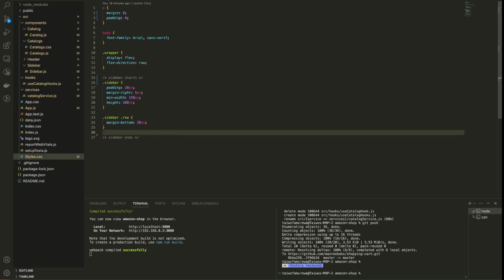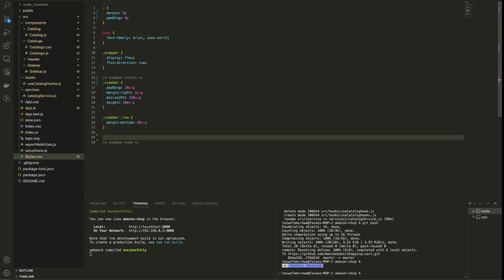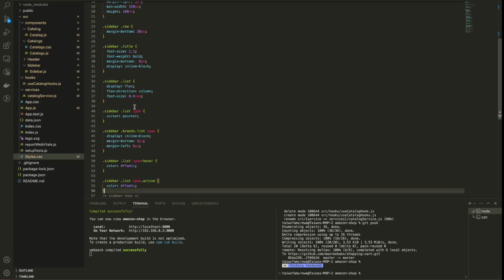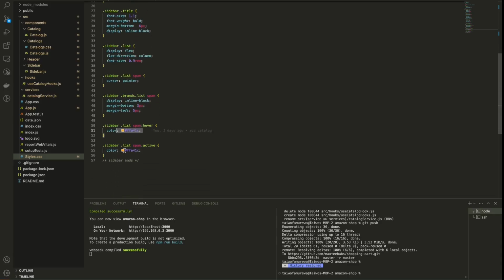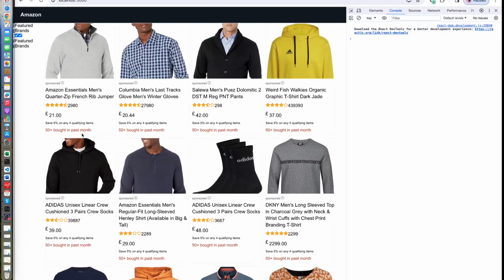To finish up with this, I will just copy it in order to save time, and because I've styled it before, I'm going to add it in here. Alright, so what I'm doing is styling the list, the sidebar list, the brands styles, and yeah, nothing much. And when the list is active, so by refreshing this should